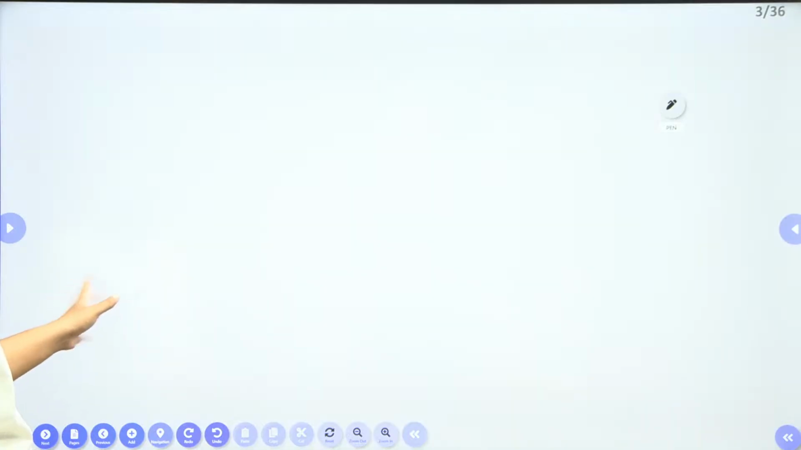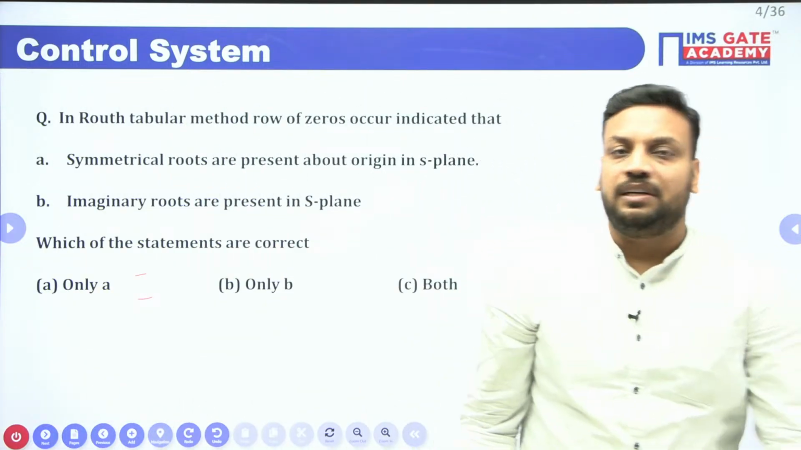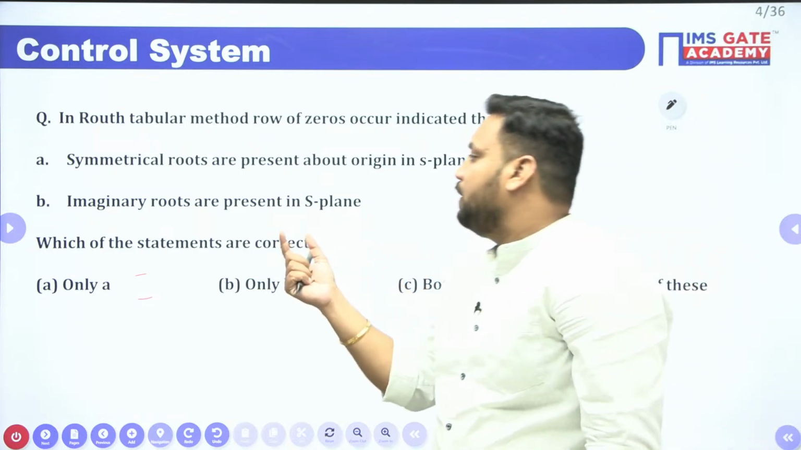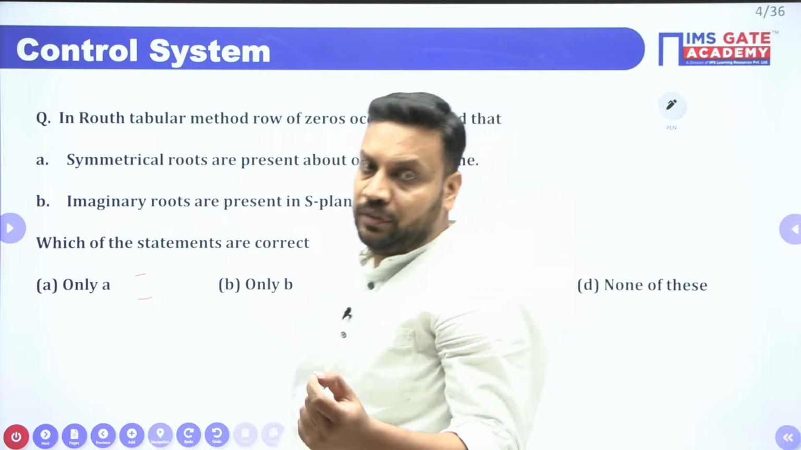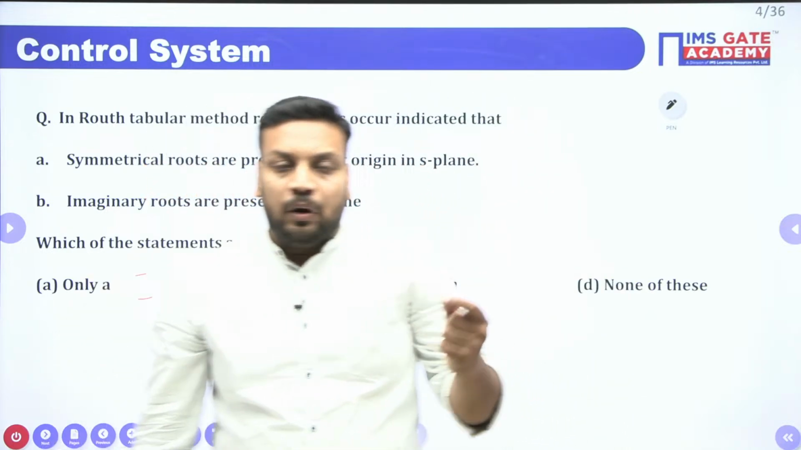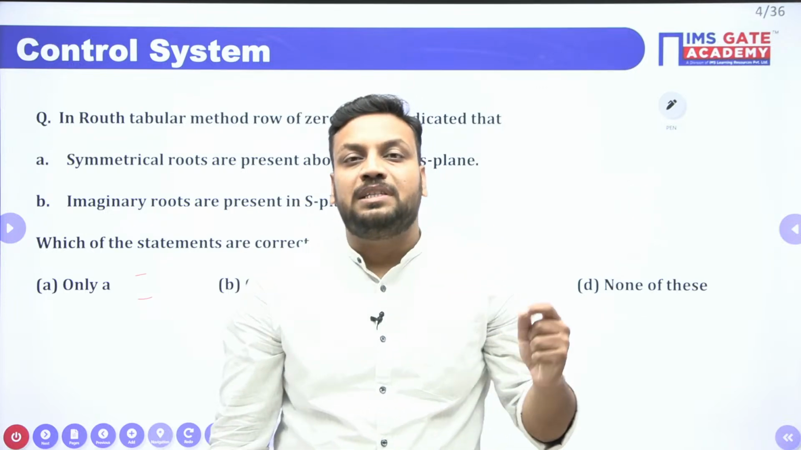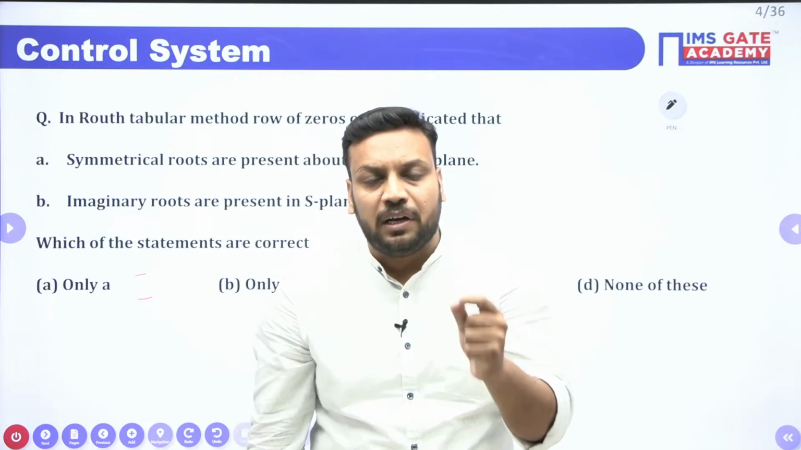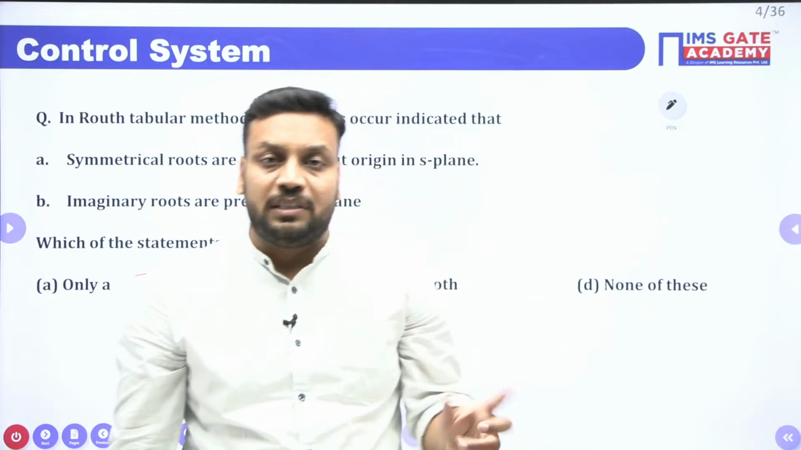So let's start, guys. I think this was the last question of last class, that is yesterday's class. And I explained to you why option A is correct for this question. While forming the Routh-Hurwitz table, a row of zeros indicates that the roots must be symmetrical with respect to the origin on the S-plane. Those symmetrical roots can be on the real axis or on the imaginary axis, but they must be